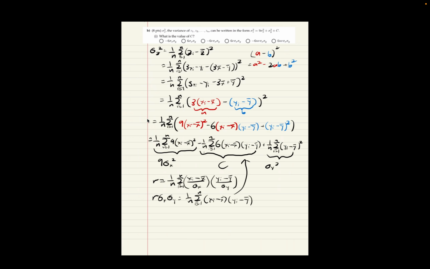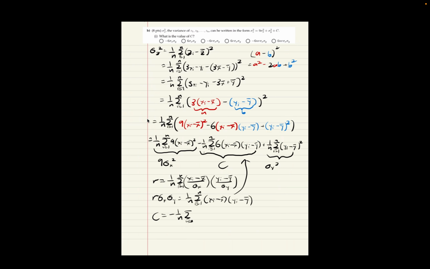The only difference here is the 6, but we can just pull the 6 out of the sum because again, it's a constant factor being multiplied to every single term in the sum. So once we substitute this back in, I'll write this out a little bit more formally first. c equals